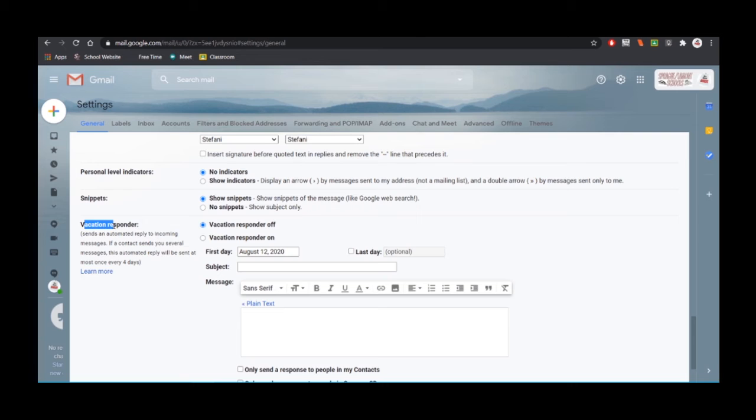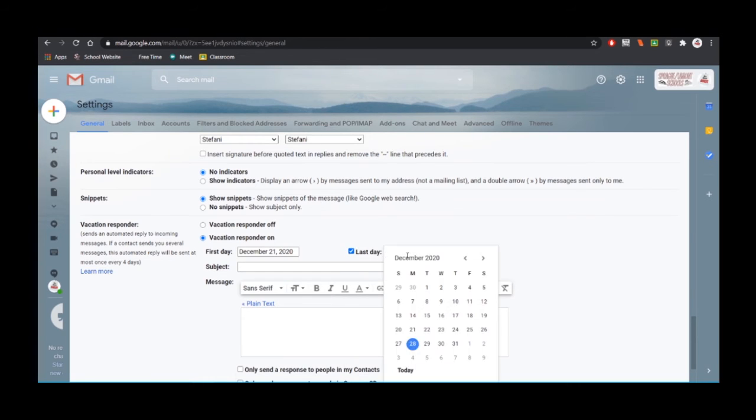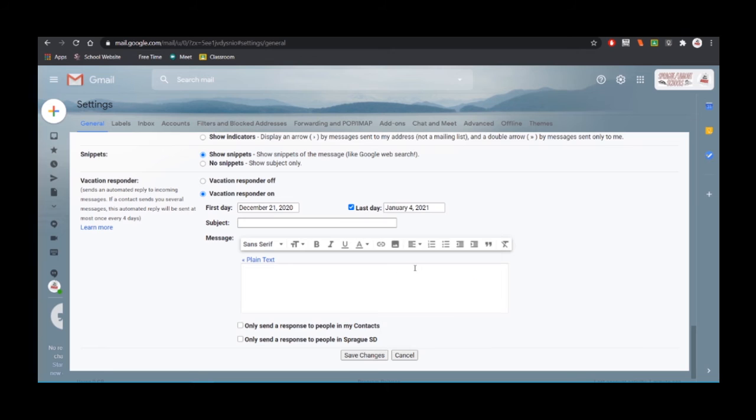You would come down to this vacation responder and you would turn it on, and then you would come in and you would set the date. The 21st of December and the last day, let's do January, where's January 4th? So now from the 21st of December to the 4th of January, you could come in and say,